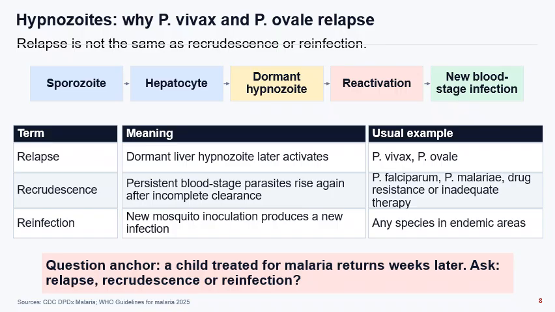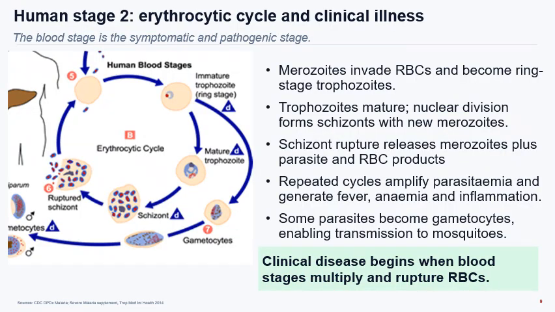All these possibilities may be discussed, but the mechanism distinguishes them all. Here is a quick test that you must think about. A child previously treated for falciparum malaria returns with parasitemia. Should your first answer be hypnozoite relapse? No. Falciparum does not form hypnozoites. Think recrudescence or reinfection. On human stage of malaria life cycle, merozoites released from the liver invade red cells and develop